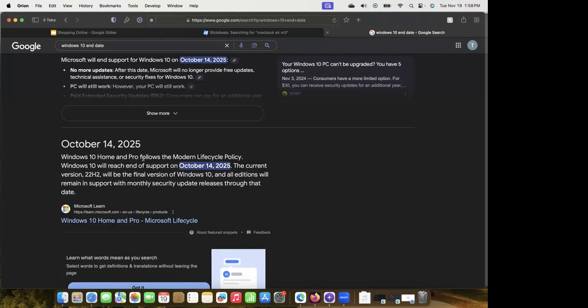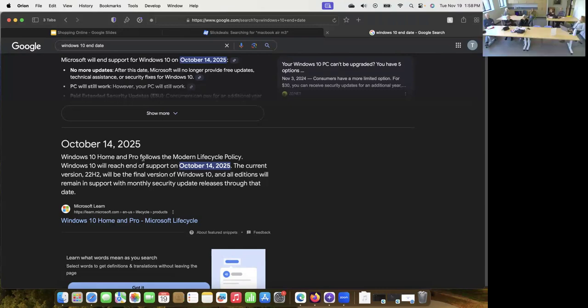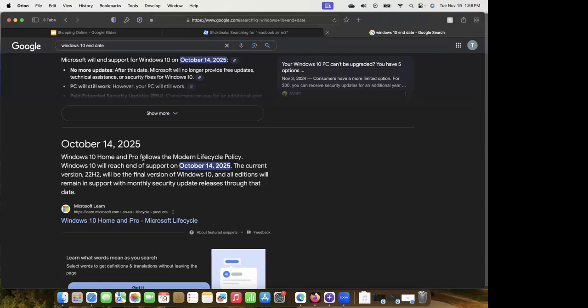If it can't run Windows 11, that makes it a little bit easier, because any new viruses or malware that come out after October 2025, your computer will be susceptible to them. Even if you pay for, like I have Trend, virus protection, so even if I pay for that, I'm still vulnerable. That makes you less vulnerable. But the big thing is,